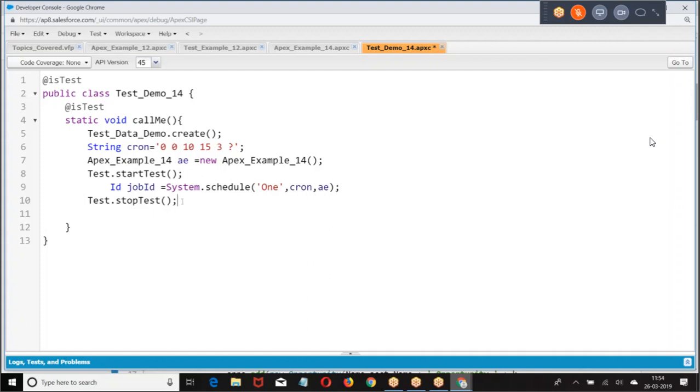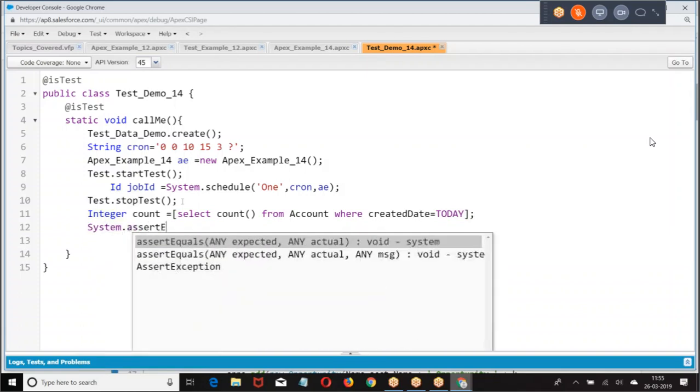So what can I do now? Integer count equals... What should the count be?